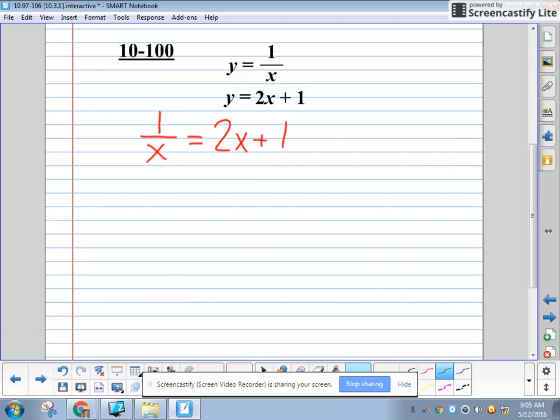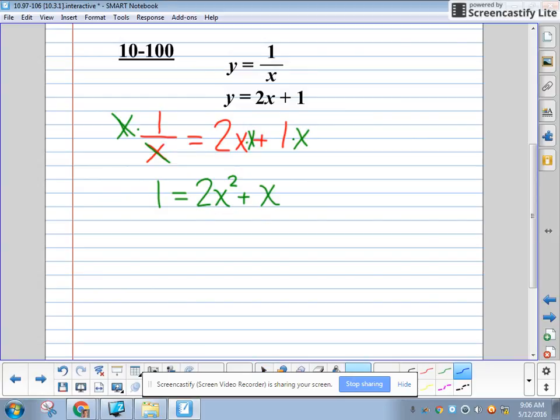Okay, I got to do some fraction busting here because I have a fraction. So my only denominator is x. So I'm going to multiply everything by x so that I can cancel these x's out and get no more fractions. So now I have 1 equals 2 times x squared plus 1x, and I'm just going to write that as x. Now my equation is a quadratic,